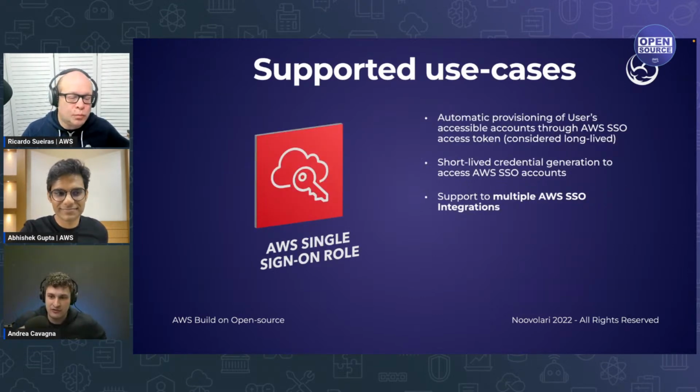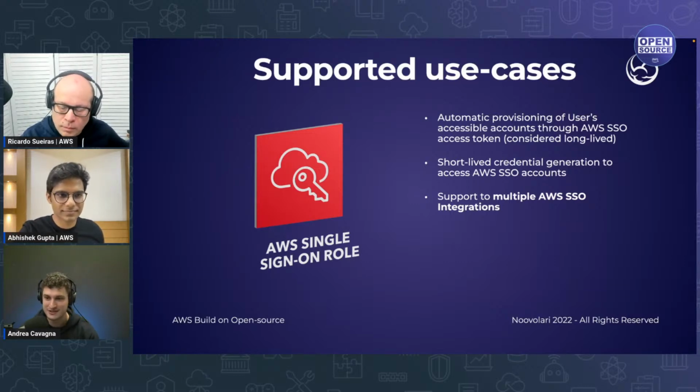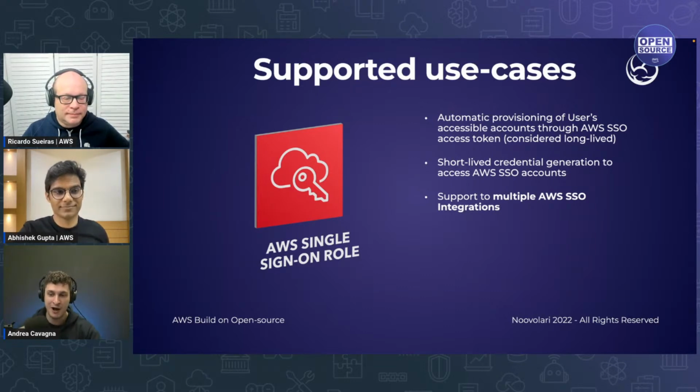And for AWS single sign-on, which is one of the most used features, it's the ability to automatically list all your account roles in a single place just by accessing AWS. It supports multiple AWS single sign-on at the same time, which if you are working in an ISV is a really tricky thing to do, so you can use as many AWS Identity Centers as you want at the same time.